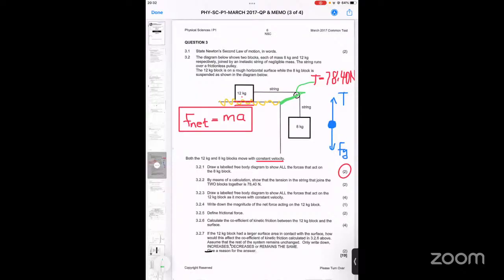So obviously the one for the 12 kg, we are just going to have that dot there. We will definitely have this one going down, which is FG, and then we will have this one going up, which is a force normal. And then the one that is going in that direction, it is this one of the tension, and this one there, it is the one for the frictional force, or some may do that. Yes, that is how you would answer that question